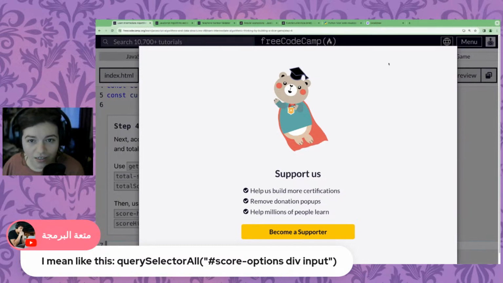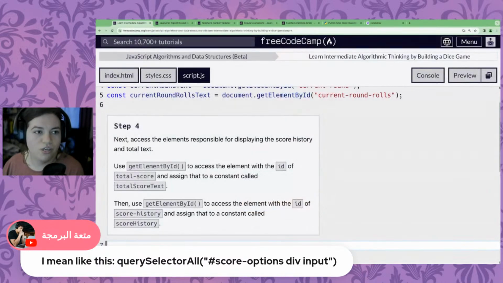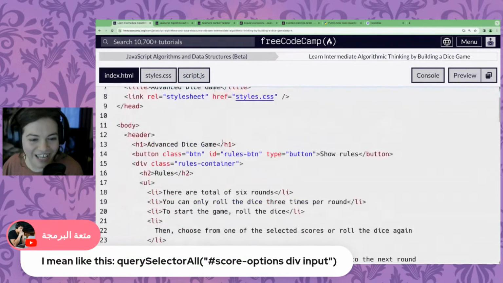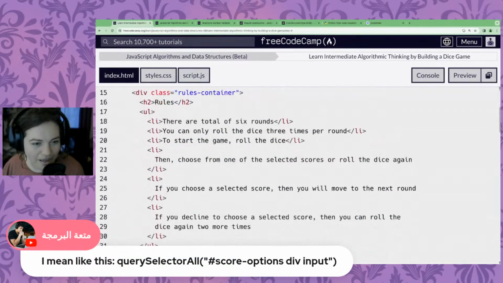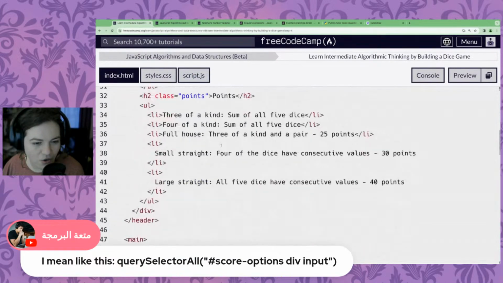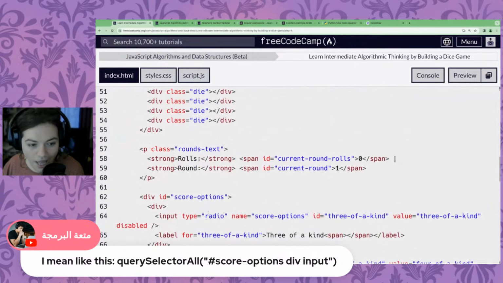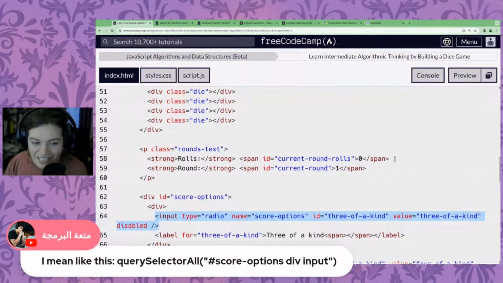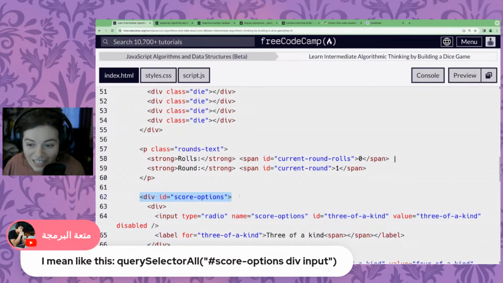To illustrate that, I'm sure that'll come up again. Take a look here. Score options. Okay. Check it out. We have a score options. Oh, there is a div here. Regardless, we know that there is an input inside this div.